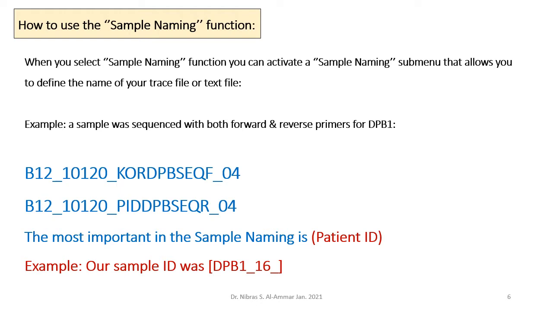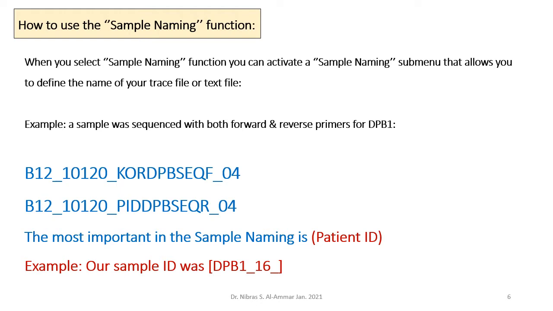Now, how to use the sample naming function. When you select the sample naming function, you activate the sample naming submenu that allows you to define the name of your trace file or text file. Here, for example, a sample was sequenced with both forward and reverse primers for DPB1: B12 10120 core DPB sequence F04, the forward primer here, and B12 10120 PID DPB sequence